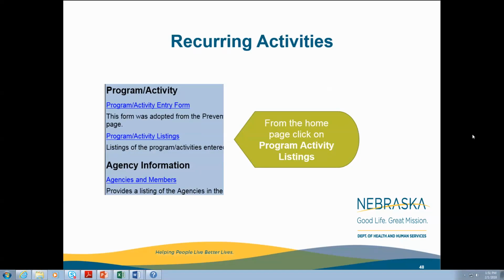Okay. So if you're doing a recurring activity, so let's say that you are doing All-Stars and you did this program last year and now you're doing it again this year and it's very similar, same program, same school maybe even. You'll go into that program activity listings again,